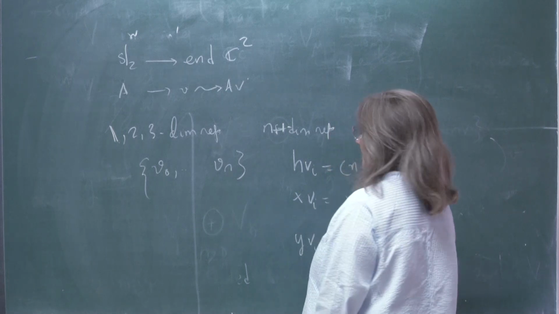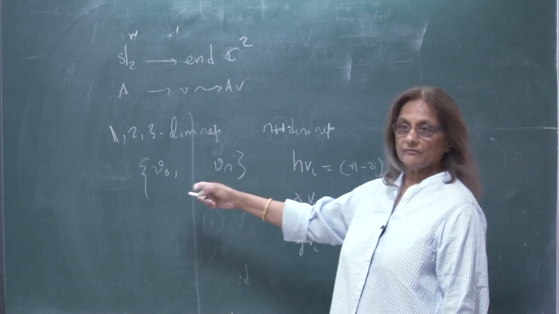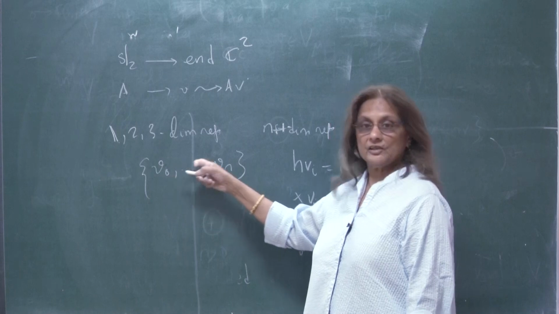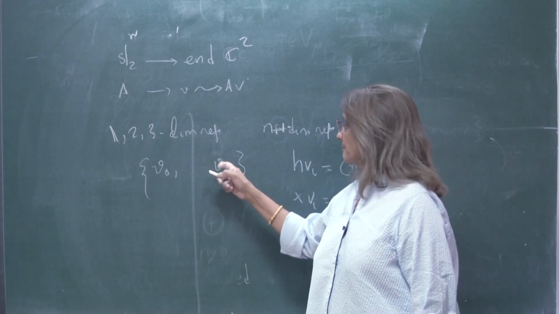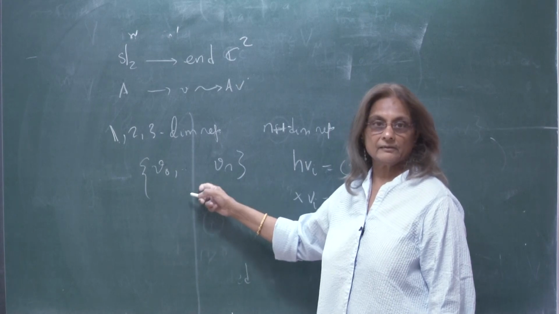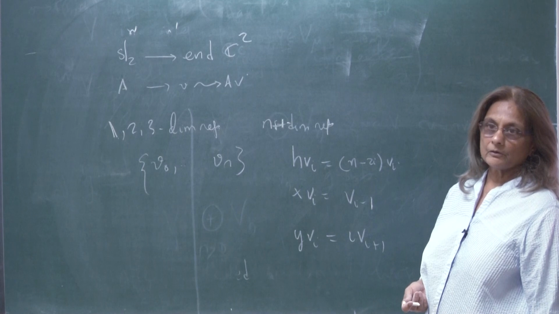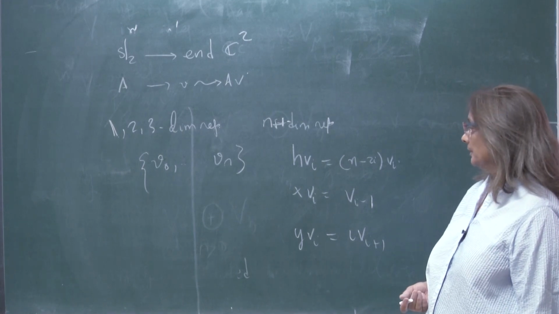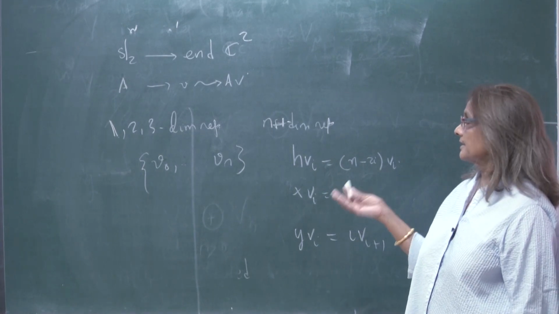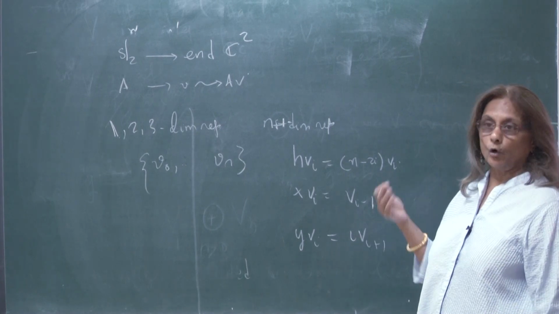So I might have got these scalars wrong, but it's not important. The main point is it's string-like behavior. The H's preserve each of these things. X's map each of these things up like this, and the Y's map everything down like this. And there are some scalars that you have to be careful about to make it an action. Okay? And then again, the standard first result in representation theory you prove is that these are all the